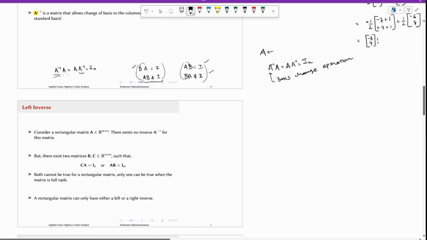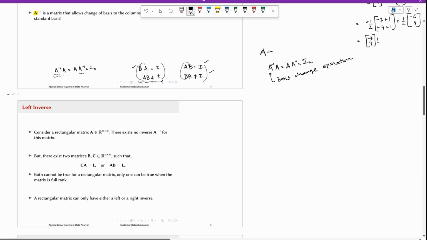What basis does A inverse allow you to convert to? Well, the basis it corresponds to is the basis formed by the columns of A. Right. Now we'll move on to